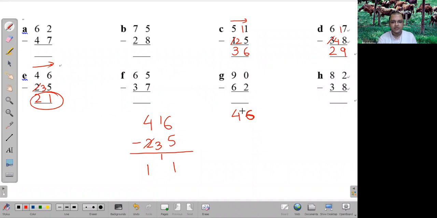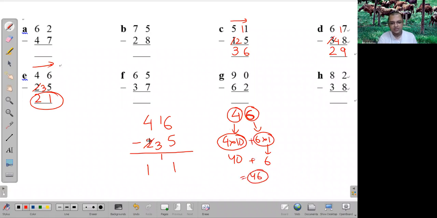Yeah, so this 4 in this place means 4 times 10. So 4 times 10 means 4 into 10, 40. And this 6 means 6 times 1, and that is 6. And when we add, we get 46, right? So when I am writing a 1 and a 1 here, what is this 1 actually? Is this 1 or 10? 10. This is 10. And here I have an 11. And that 10 plus 11 becomes 21, which is the same answer.